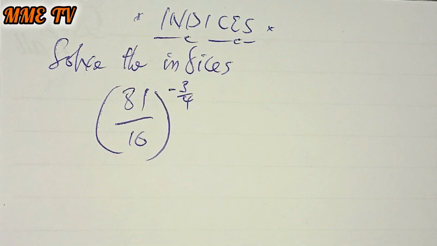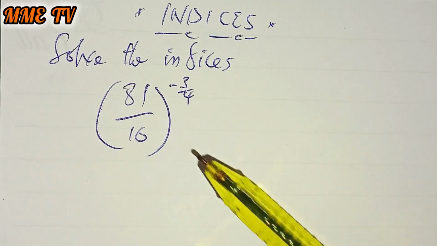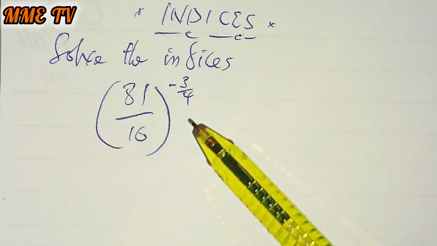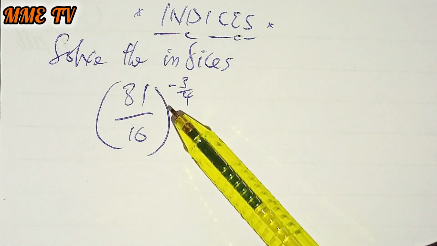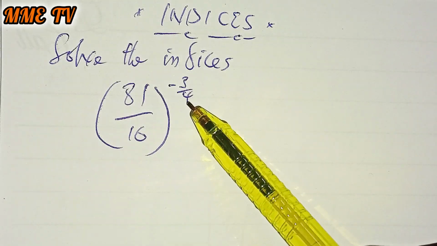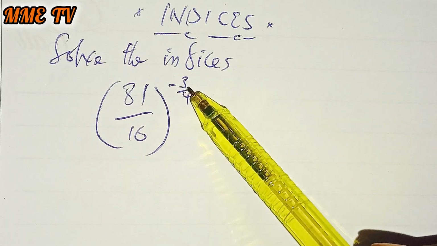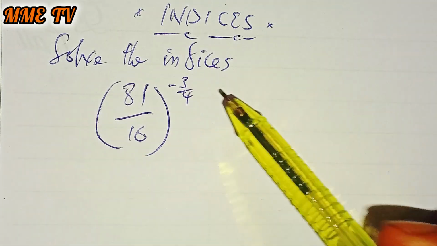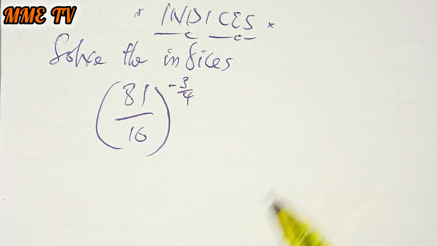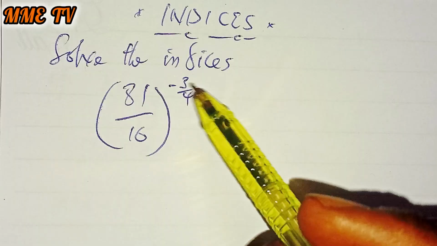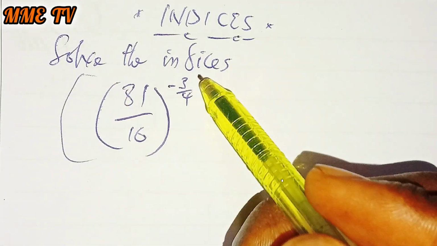Let me make a very important clarification here. We need to understand that this minus belongs to these two numbers. It doesn't belong to only one of them, which is 3. It belongs to both of them. So what this simply means is, whenever you meet something just like this in mathematics,